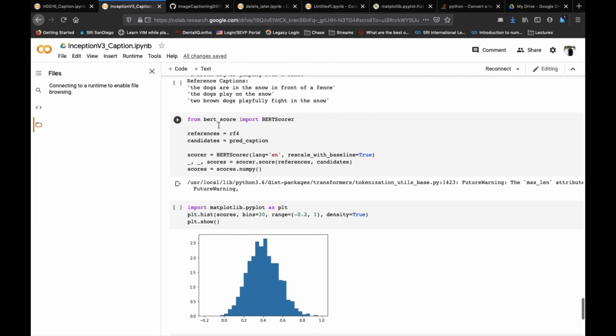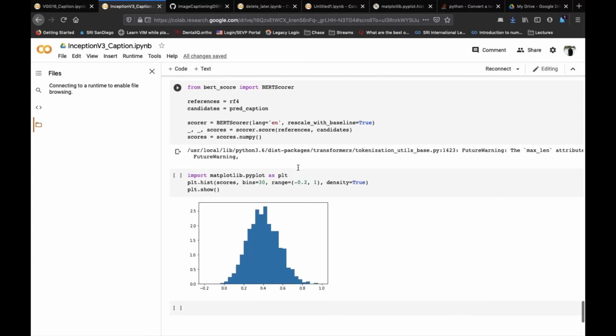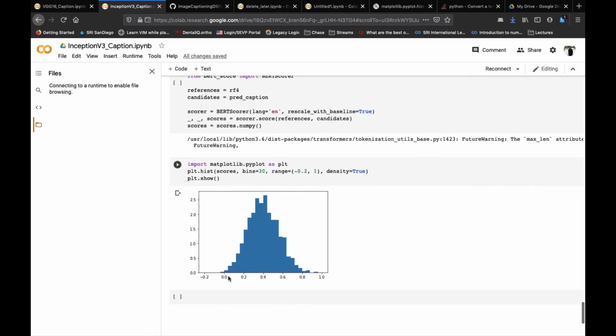Then we use the BERT score to get the score of how well our prediction sentences are doing. The BERT score shows a distribution of the scores, and we see that for Inception we have some values on the higher end as well, and this is for one file.